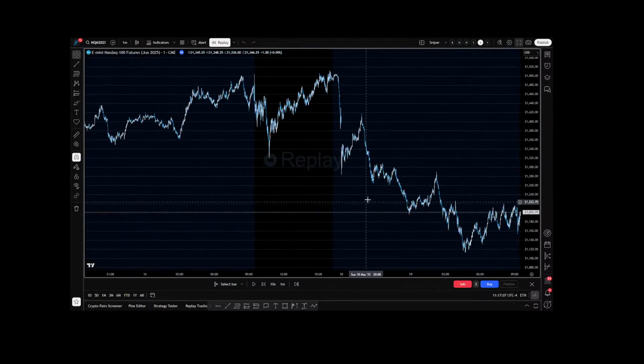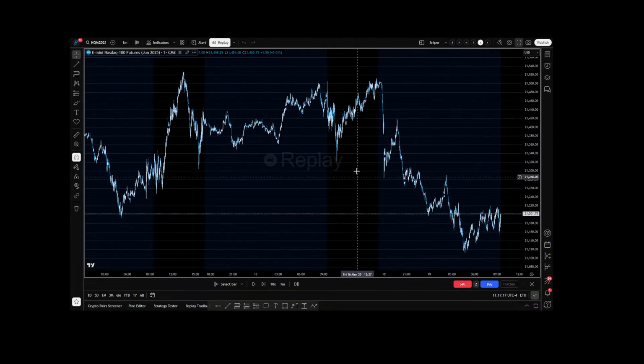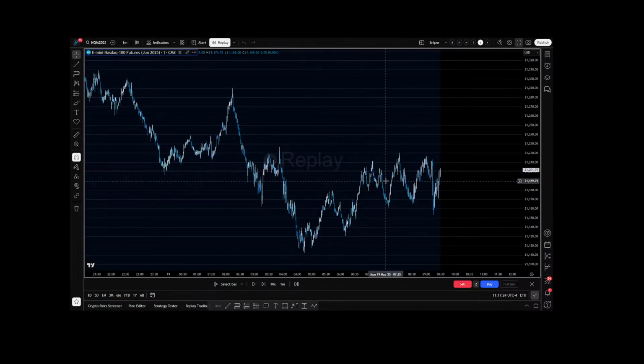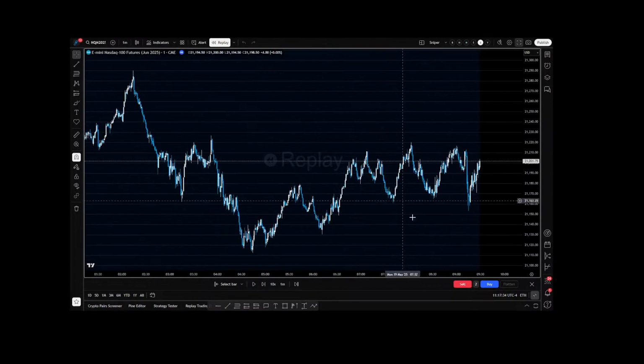Looking at overnight price action, this was Sunday's open, so we gapped down a bit, retraced up, filled this gap, and then continued to sell off overnight. So well below Friday's low and well below Thursday's low. That being said, I want to see some sort of buy side get swept and then maybe ran through at the open and just see what reaction we have there. So my initial bias would be bullish.